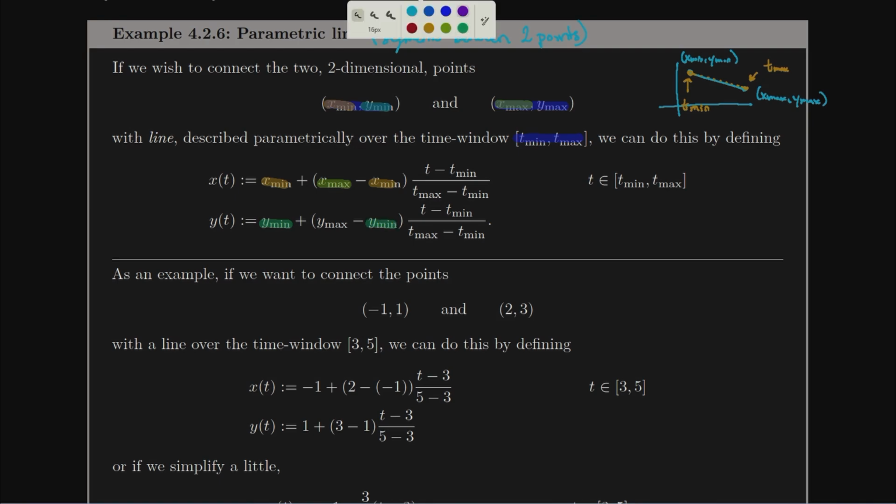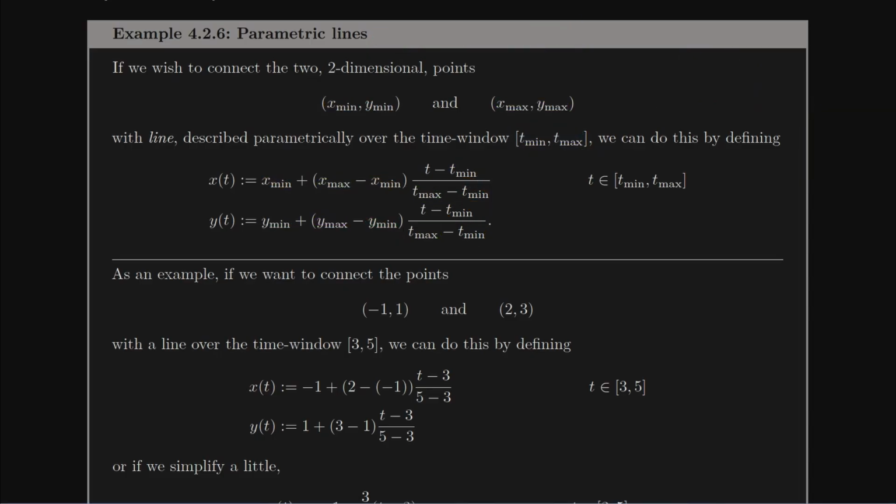And I can take y max, and that's going to end up right there, as well as my t min, which will end up here and here, as well as t max, which will end up here and here. So I'm just going to grab each of those 6 terms that I've decided on for my parametric line segment, and then I'm going to input each of them into that expression for